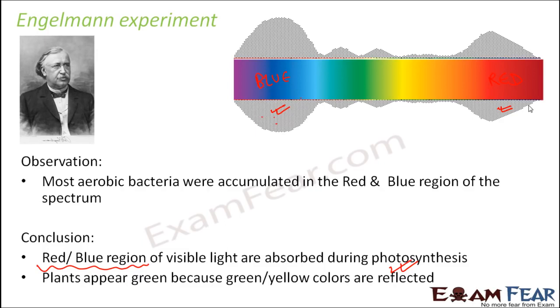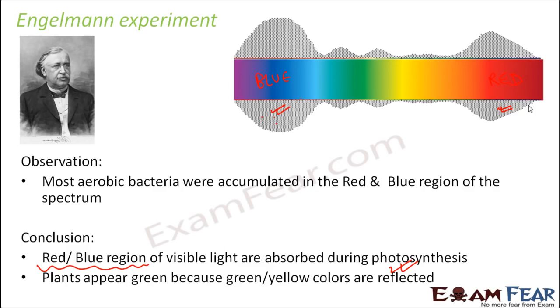For example, suppose you are wearing a red dress. If I am looking at the dress and I can see it red, that means the dress is reflecting the red color. Whichever color it reflects, I will be able to see it in that color, because whichever it has absorbed, I cannot see. Only the reflected color will come to my eyes and I will be able to perceive that. Similarly, plants appear green because they absorb all other colors and reflect the green color.